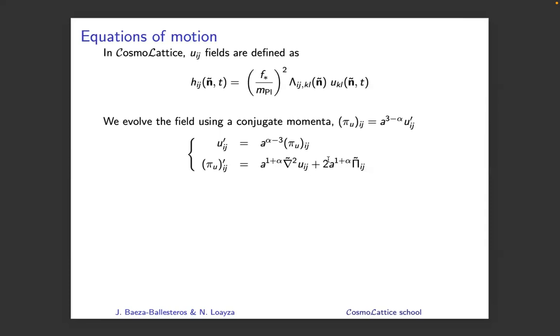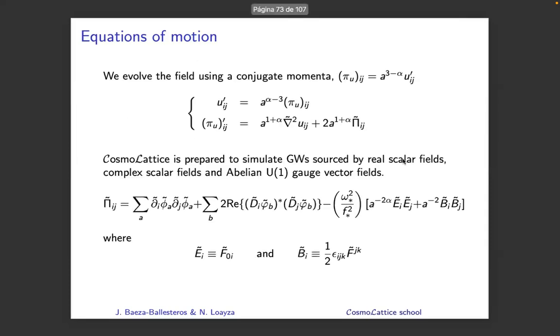But this is just a choice, such that we don't see this factor here. That's all. And here is the full anisotropic stress energy tensor that we actually compute in CosmoLattice to follow the gravitational waves produced by real scalar fields, that basically the source of them are product of the gradients in the ij directions, and we add over all possible scalar fields, complex scalar fields that are charged under a U1